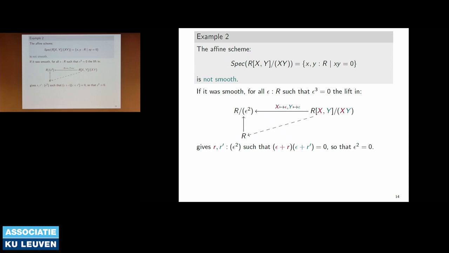And so what does it mean? Well, it means that we have a map that sends x to something that is sent to epsilon modulo epsilon square. So we have an R in epsilon square such that x is sent to epsilon plus R. Similarly, y is sent to epsilon plus R prime. And for this map to be well defined, we need the product of the images to be 0. So this gives us this equation over here. And actually, using the fact that epsilon square is equal to 0, we see that this expression here is just epsilon square. And so we conclude that epsilon square is equal to 0.